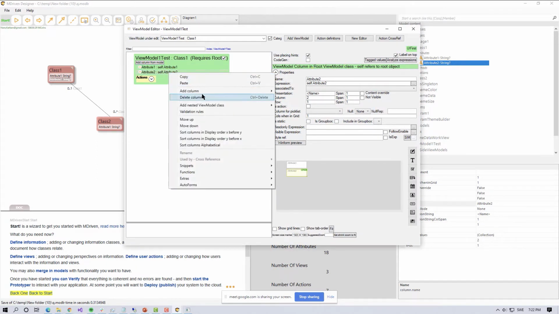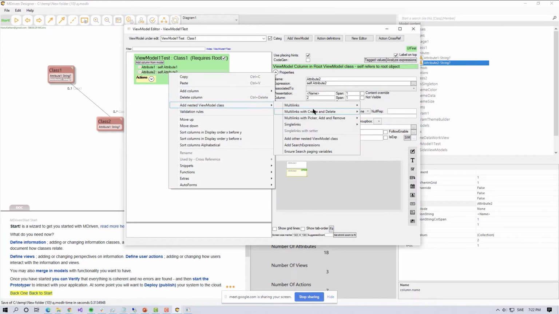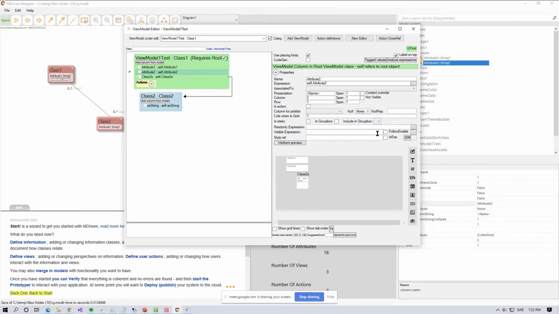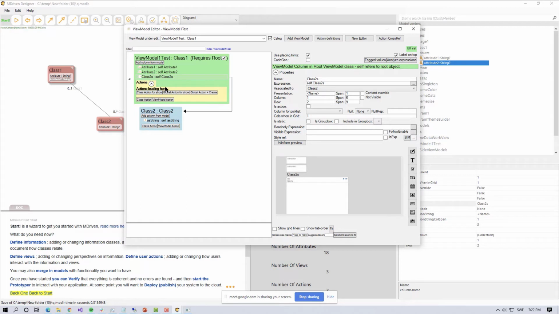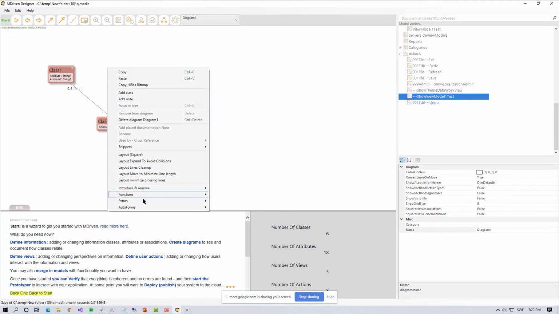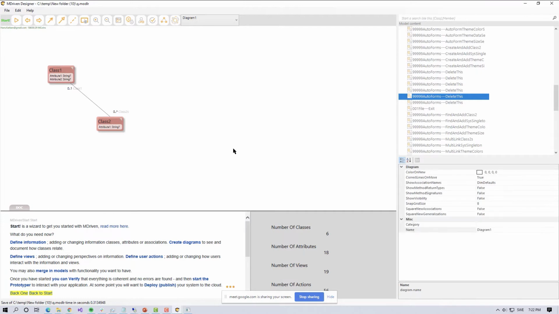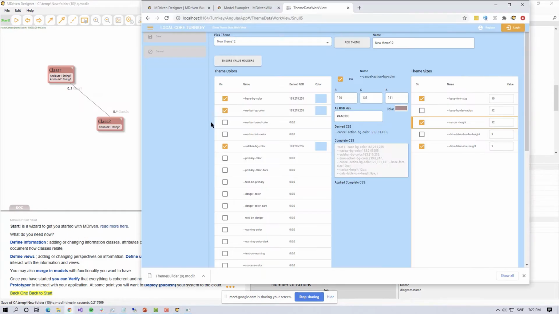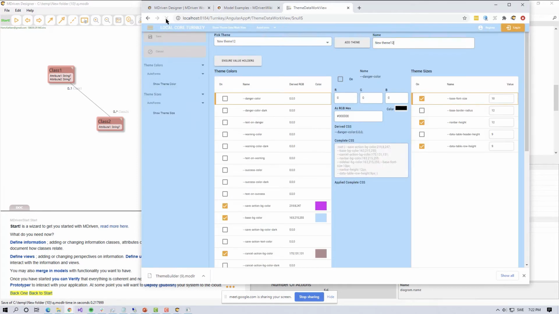And also adding a nested view model class 2, like that. And adding an action so I can get this to show. I'm going to add a class action for this one. And I would need a seeker to actually find the class 1s, but I'd rather go with the auto forms for now. And if I've done this right, I will see